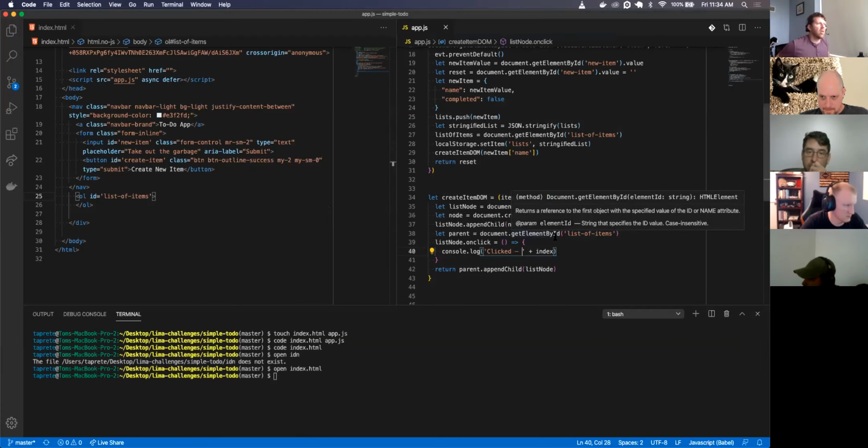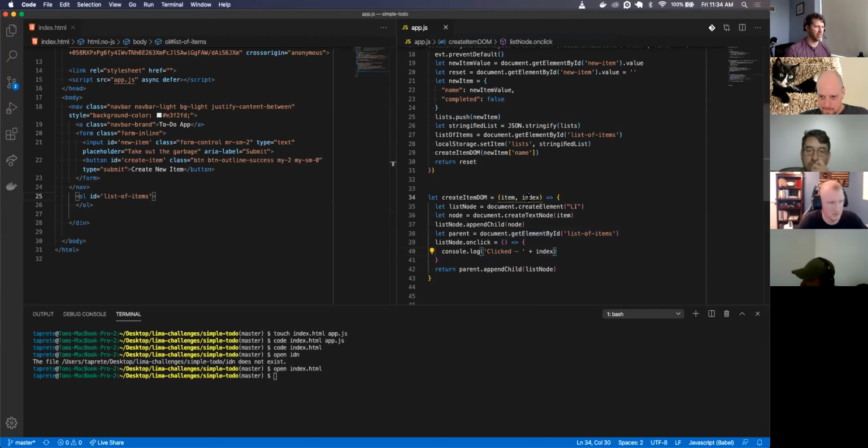So because we have to determine, I'm passing in the index in this create DOM node just in case, or because I need that index. So when I click it, it updates the text decoration to underline. So when I do on click,